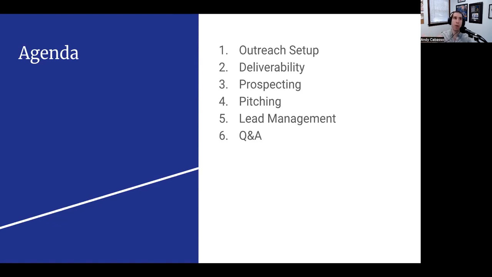We're going to be talking about email warmup, and also best practices overall, things that can contribute when you're running your outreach campaigns to better deliverability, like email cadence and spintax and things like that.